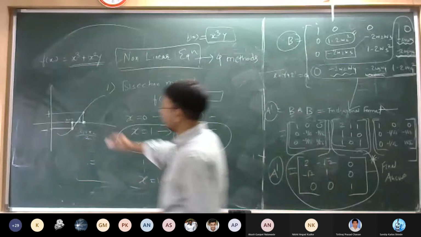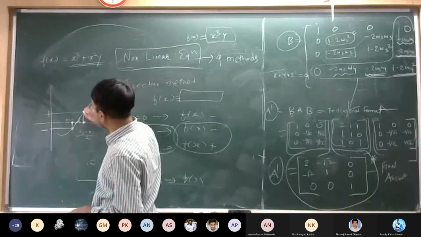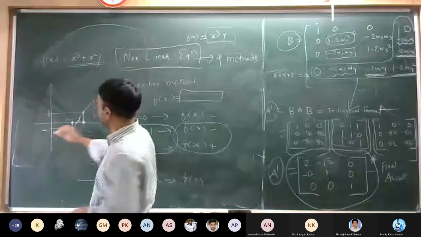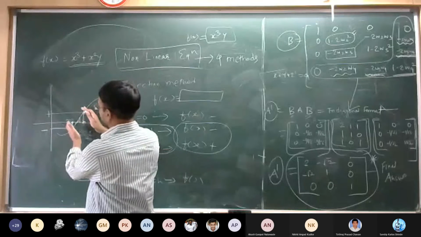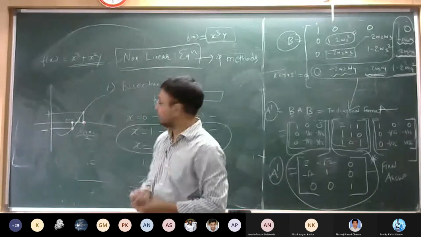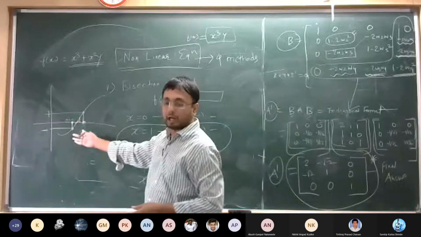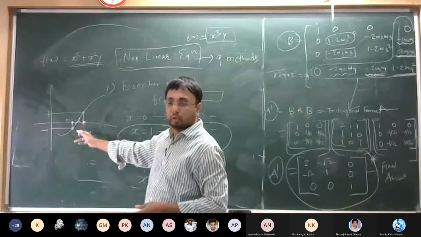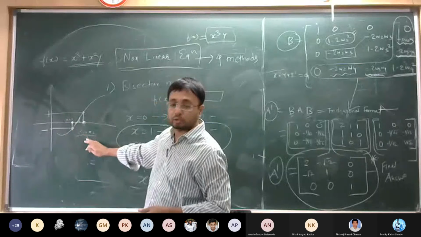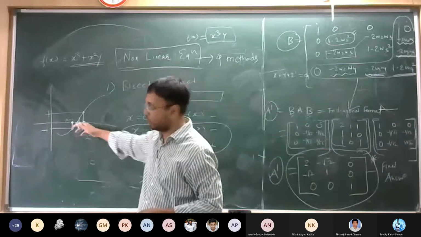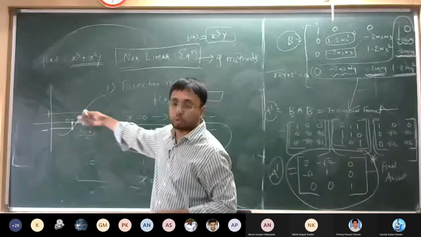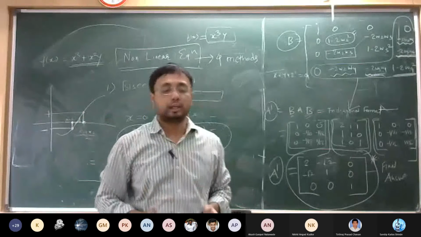Okay, so this will be the graphical representation. One point is positive, one is negative. So we can say the solution is lying between this positive and negative point. After that, we take the average of the positive and negative. Again, whatever the average is, if it is positive we correlate with negative, and if it is negative we correlate with positive. This way, we have to take the average.